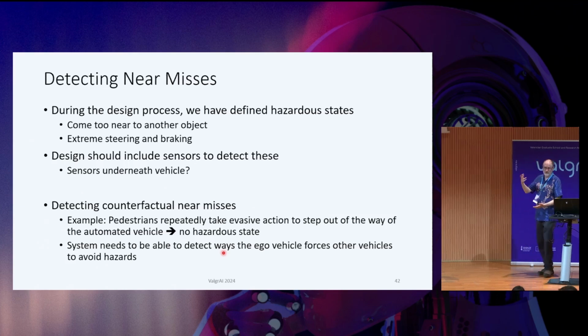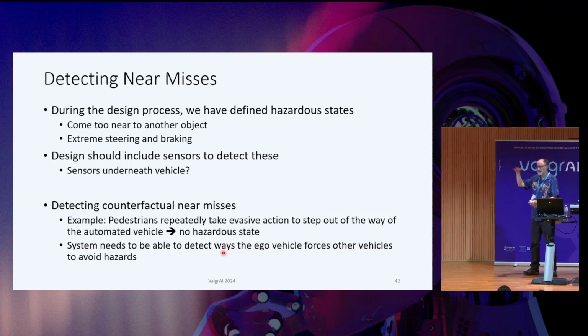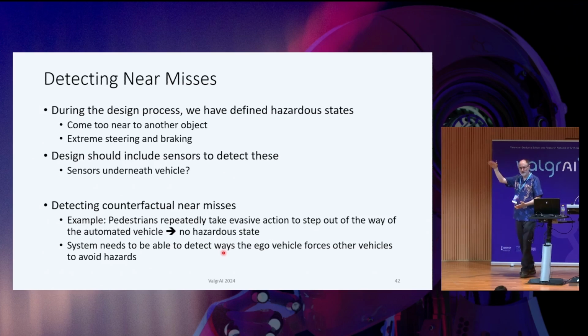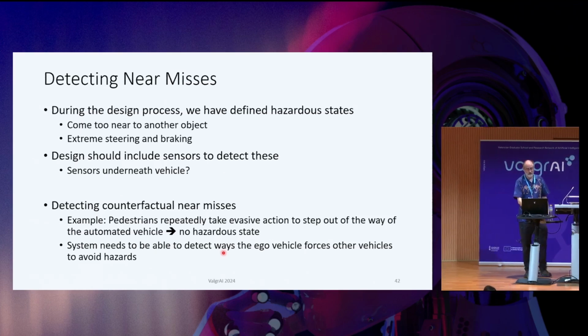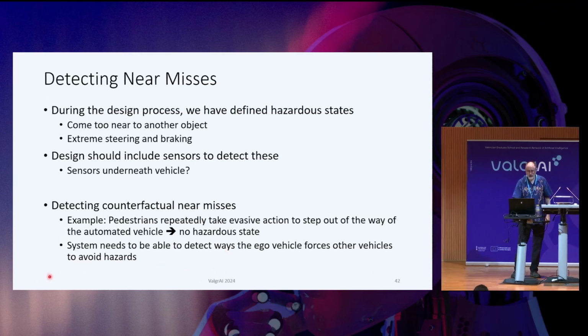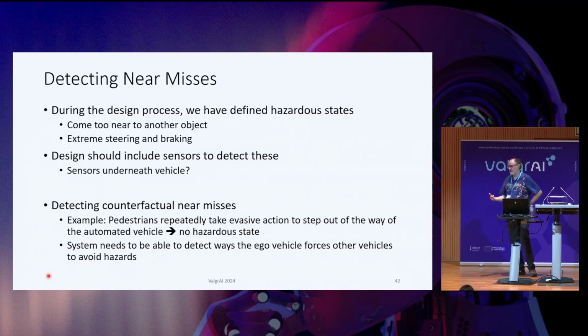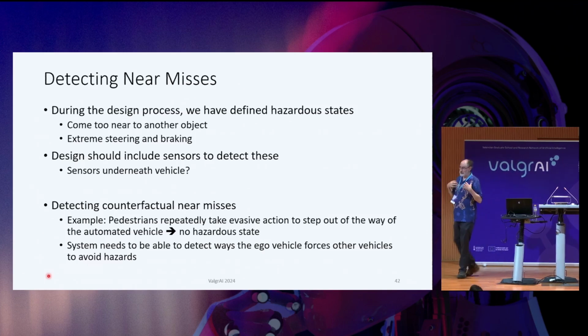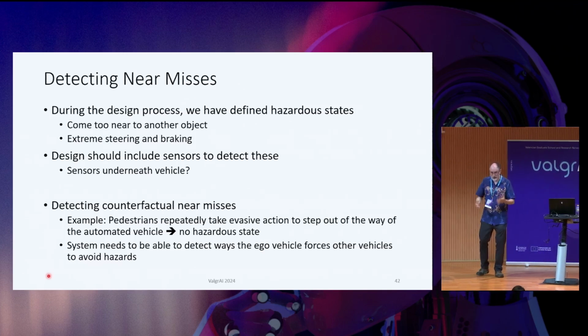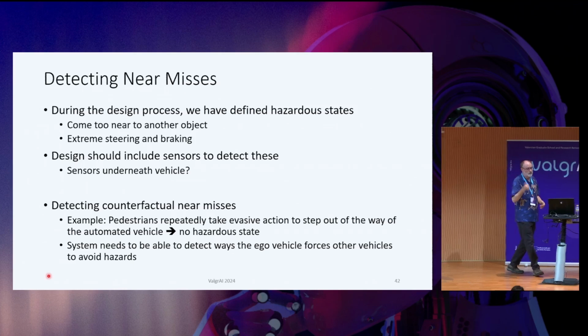And we know from, for instance, Judea Pearl's theory of causality that this is a so-called level 3 inference, which requires that we have a very sophisticated causal model of our system. So when we think about design in order to detect near misses, we may need to add sensors to our vehicle to detect them, but we also, in some sense, need a theory of mind. We need to reason about the fact that as a pedestrian, I saw the car coming toward me and I had to get out of the way. We need to think about that.